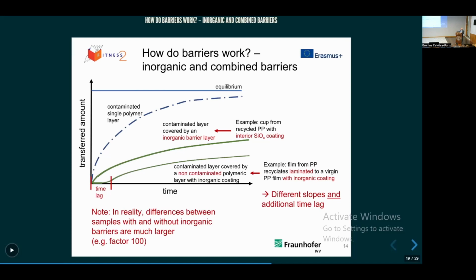If you would like to know the figures between this and this and this, you may, for instance, also have recognized that the slides Olivier Vitrac showed some hours ago are a little bit different, because he compared the layer with a functional barrier with a film or material with reduced contamination. So the time behavior will be a bit different then, yes. If you compare his slides with mine, you will recognize that the basis of the comparison is different.